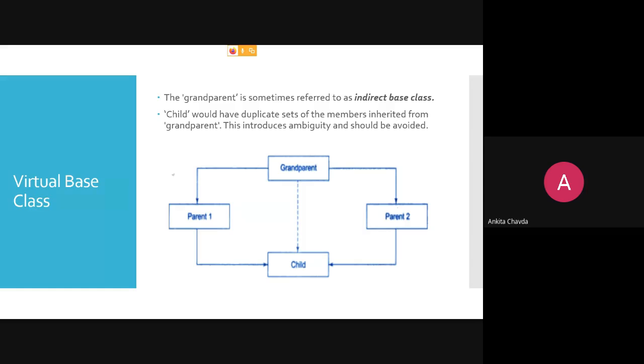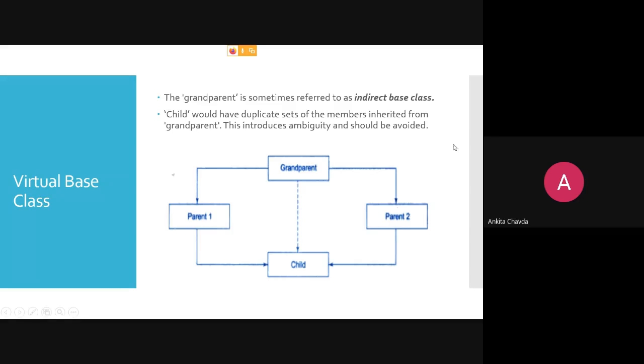If they are having identical ones, that would be ambiguous. So what you need to do is, you want only one copy, not from parent 1 and parent 2 both. Instead, either it's from parent 1 or from parent 2,